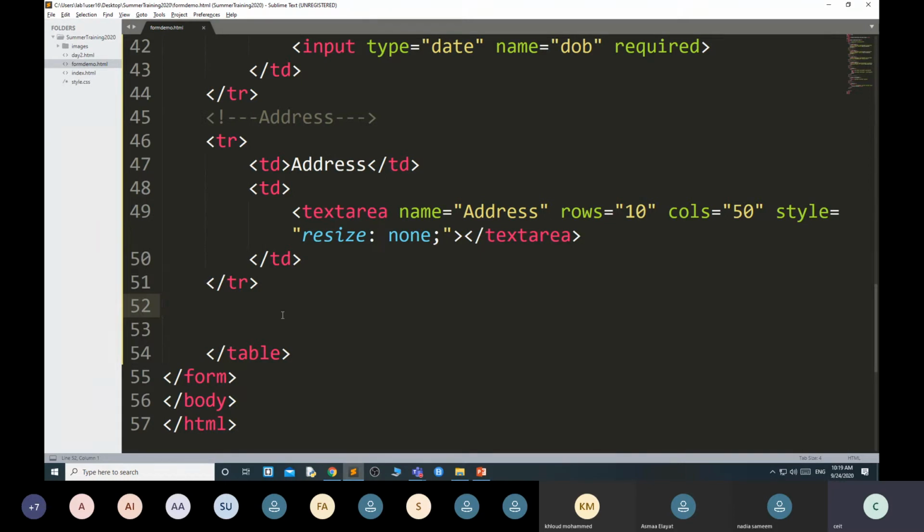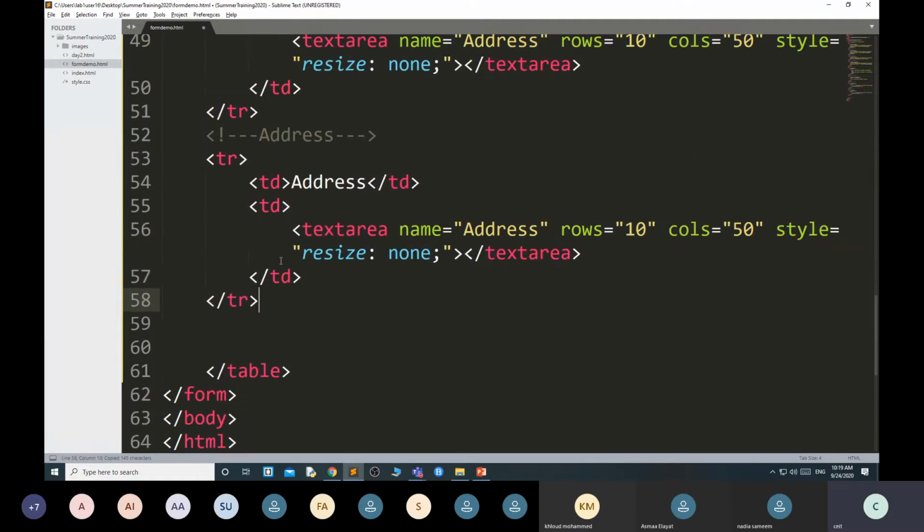checkbox. How to design the checkbox. Copy it, paste. Suppose your hobbies, or you can say select course. Suppose you can register in multiple courses. Then here you write course.